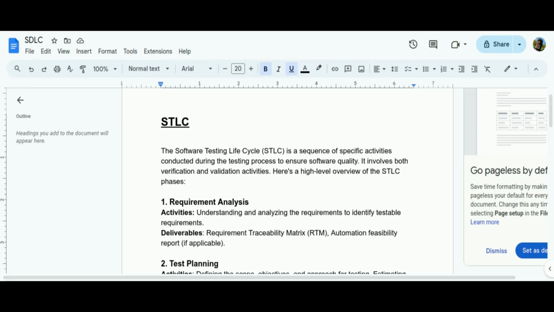Our testing team will make that decision. Suppose an invalid email ID should not be accepted; this is something we decide. An existing email ID should not be accepted a second time; this also we decide. And after sign up, if